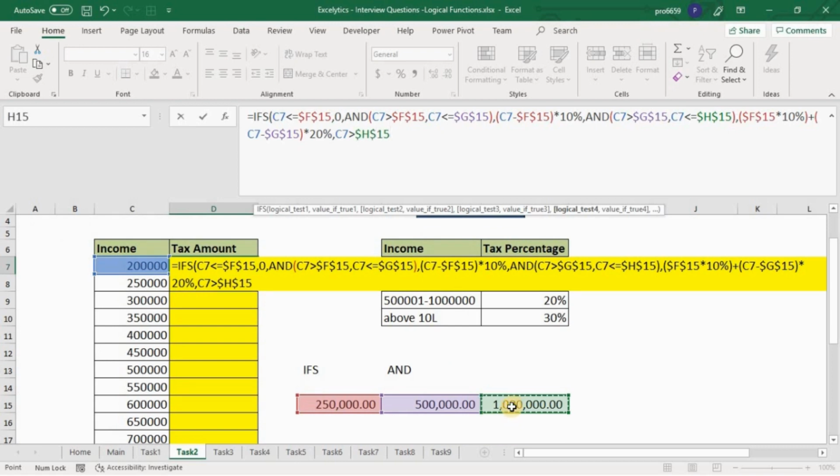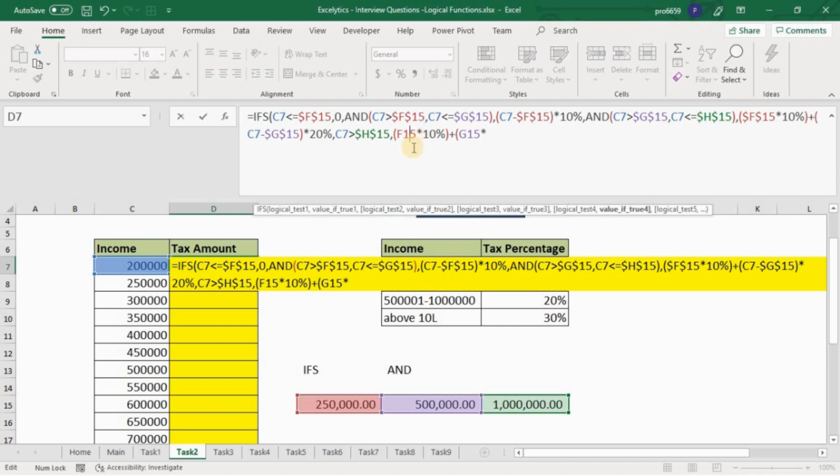Okay. So if this is true, then firstly on 2,50,000, 10% tax rate is applied. So this calculation should be done first. We should be giving this in brackets, plus on 5 lakhs 20% tax rate will be applied because the income is more than 10 lakhs. So from 5 lakhs to 10 lakhs it is 20%. Okay, so we need to give brackets,